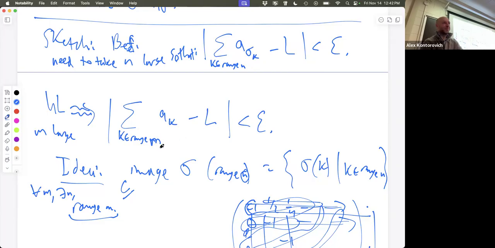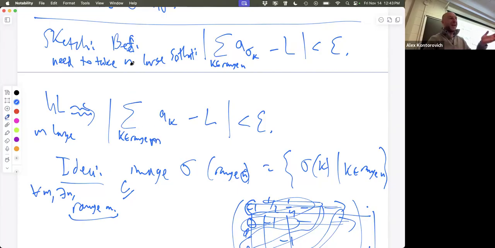So let's say M is really large, so large that you get within epsilon of L when you sum them in order, the first M. Well, if n is large enough relative to this m, then this sum will in particular contain the first m values, but it'll also contain a whole bunch of stuff after that at random intervals. Oh, wait, sorry, yeah, I understand that. Does that make sense? The more values you add, the closer you get to L, and thus you get a better approximation. Yes. So these, if you sum them in order, will give us a very good approximation to L, arbitrarily close, by taking m large enough.